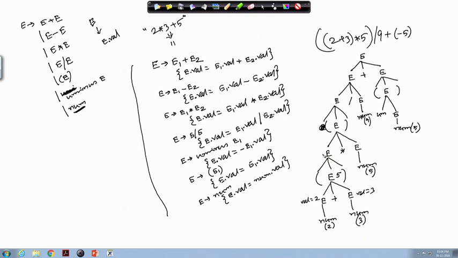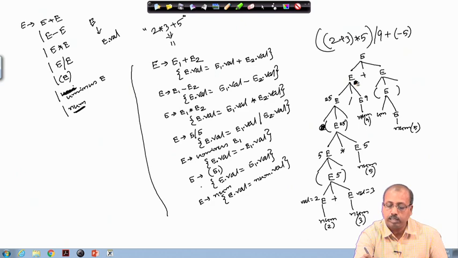Now, this is within bracket E, so this will also become equal to 5. Now this is 5 into 5, so this value will be made equal to 25. This will also be 25, because for E within bracket E, E dot val equal to E1 dot val by this rule. Now, when this reduction is done, this E dot val will be equal to 9. When this reduction happens, 25 by 9; if I assume it is an integer division, this will give me 2. So, this E dot val attribute will be equal to 2.